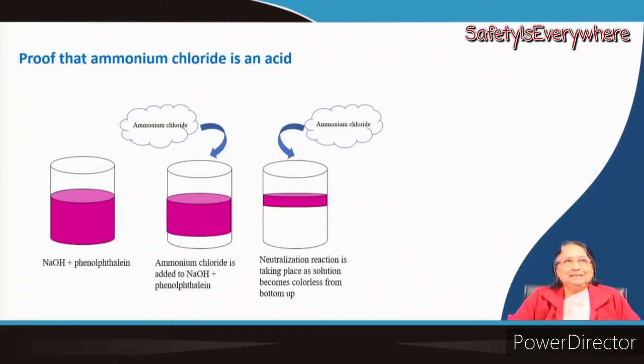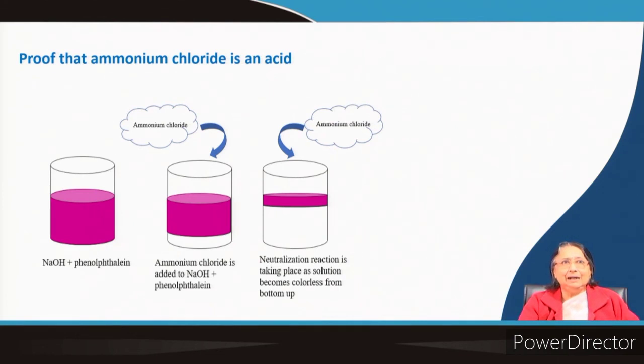Now, here is one interesting slide I have given to show you the color of phenolphthalein. This is the NaOH solution, and phenolphthalein you have added. So, it is a very dark pink color. Depending on the volume or concentration of phenolphthalein, you may get either a very dark pink color or light pink color. Here quite a few drops of phenolphthalein have been added, that is why it is a dark color.